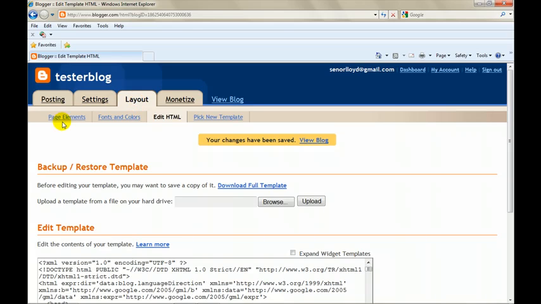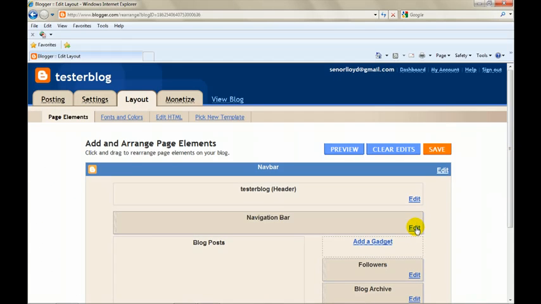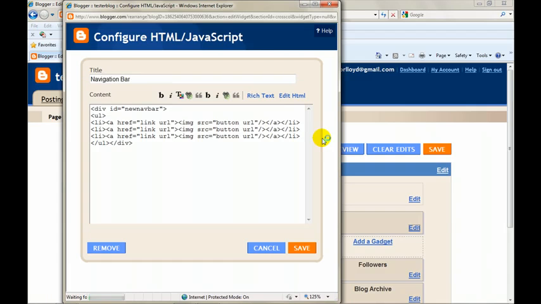If we want to go really quick back to the page elements and just see how this ties in on our navigation bar, this happens to be the exact code that we entered in here for the div class new nav bar. So here we call that up in the code. What we just put into the HTML template was the definitions to kind of say what that should look like. Whether or not it makes a ton of sense, that's all you have to do. Just copy and paste those two places,